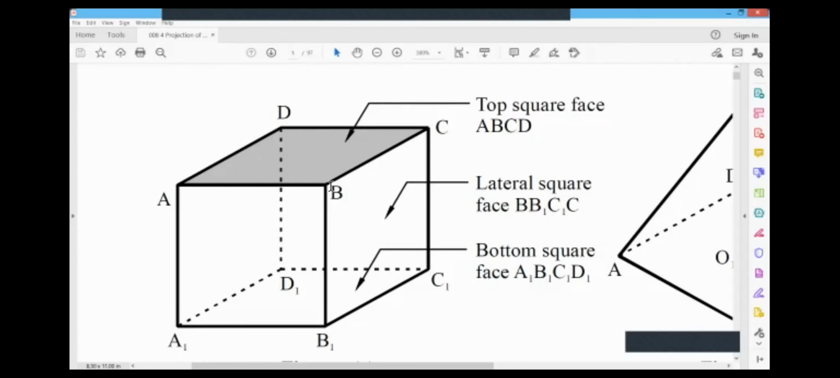Similarly, visible edges are represented by a continuous line, and hidden edges are represented by a dashed line. As you are seeing here, the hidden edges are represented by this dashed line. And very importantly,